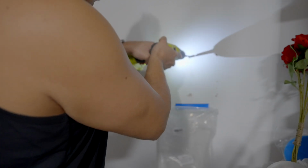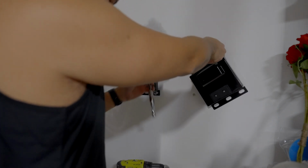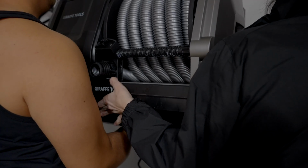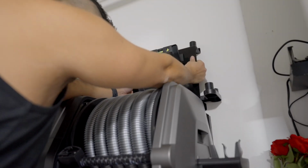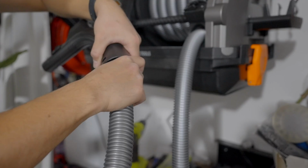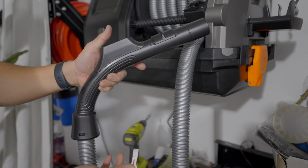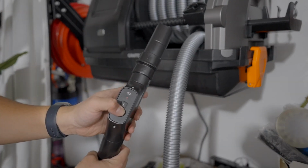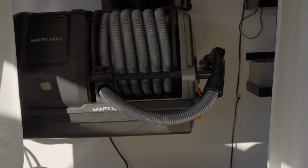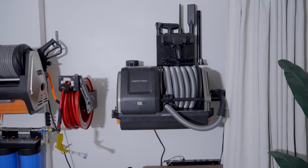Drill the holes. Secure the bracket in place. Repeat the steps for the other bracket. And yes, it's that simple. Mounting the accessory holder is even more simple since it's a lot lighter. Let's assemble the handle and remove the tag for the battery so we can use the power remote feature, and we're all set. This honestly looks really good on the wall, and considering the size, it doesn't look enormous on